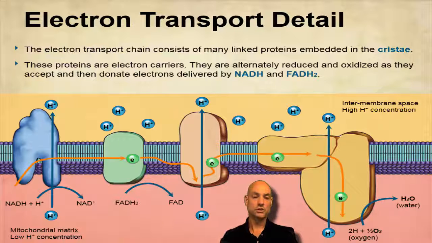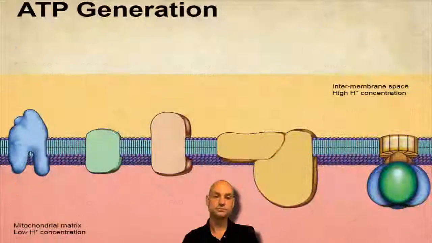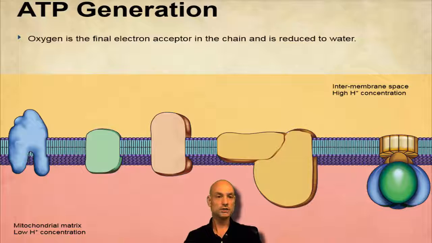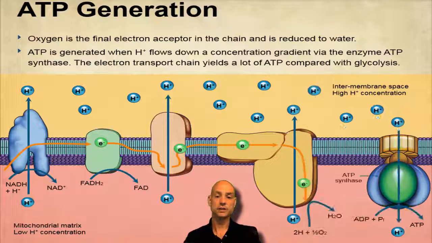So what do we see here? We see the electron being dropped off by NADH. It's flowing through these different proteins, and finally is accepted by 2 hydrogens and half a mole of oxygen to form water. In the process, a bunch of H+ ions are pumped out. So oxygen, as I mentioned before, is the final electron acceptor right over here, along with some hydrogens to form